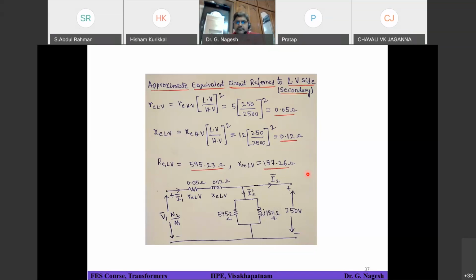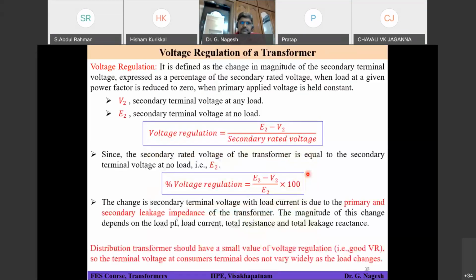So after that, we will see what is called voltage regulation and how to calculate the efficiency of a transformer. Right. So these topics we will discuss. So coming to voltage regulation, the basic idea of this voltage regulation is,